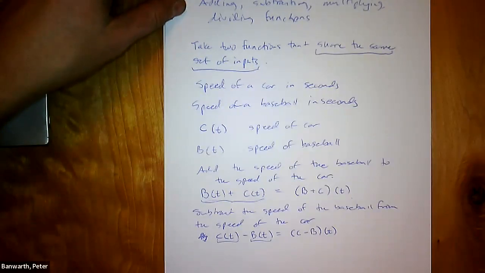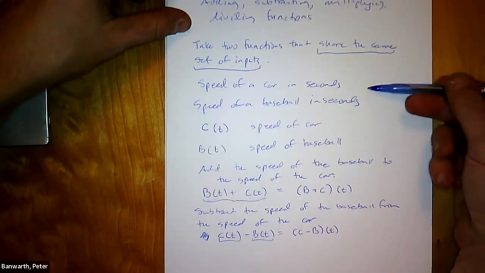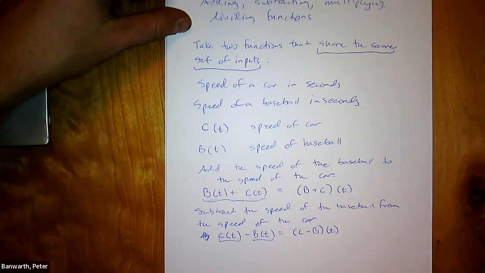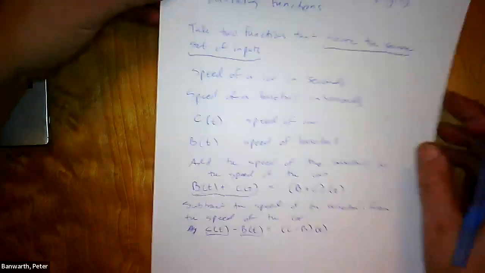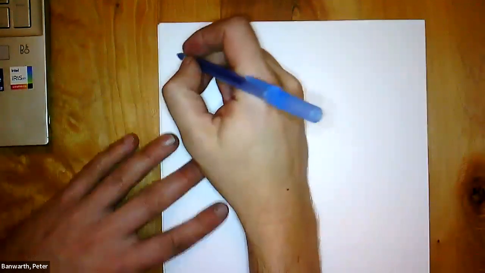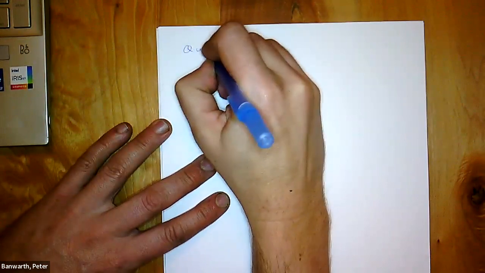In this section, you will add, subtract, multiply, and divide lots of functions that don't have any context, where it's just x's, and those x's don't represent anything. But I am not going to multiply the car speed with the baseball speed because that doesn't make sense in context. But you might look at, let's see, the quantity